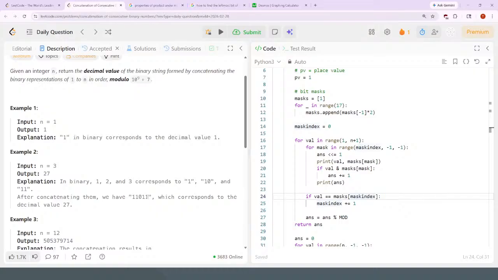Value 3, index is 4. Oh, shucks, I see. No. Yeah, I think I see. I'm iterating to the wrong index here. If value equals the next baseline, so value equals mass at